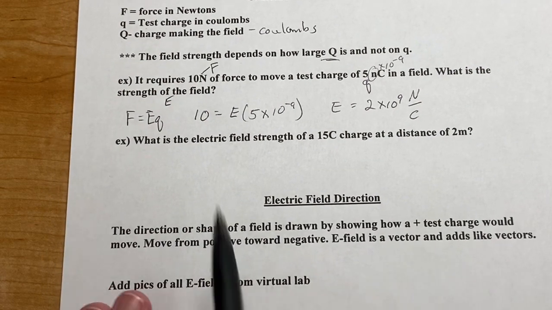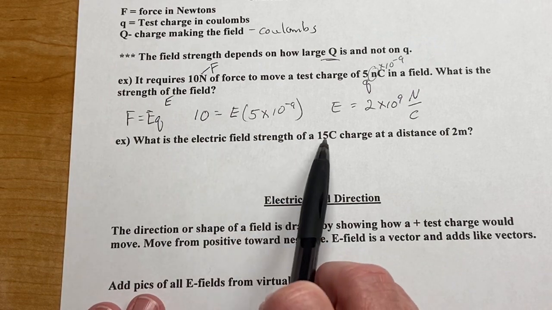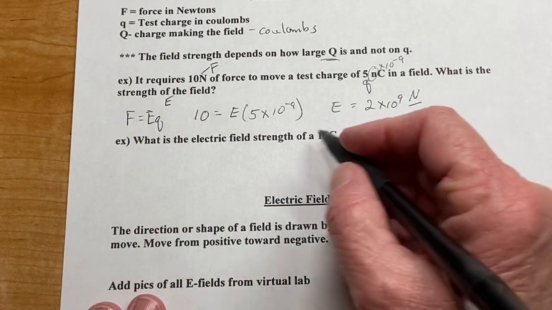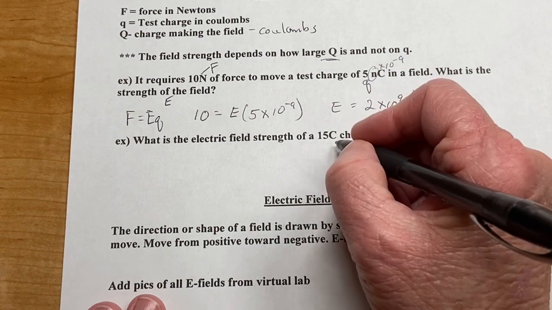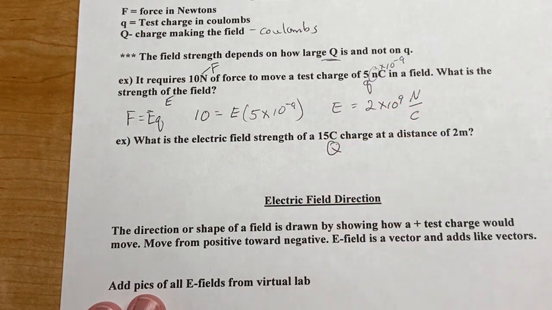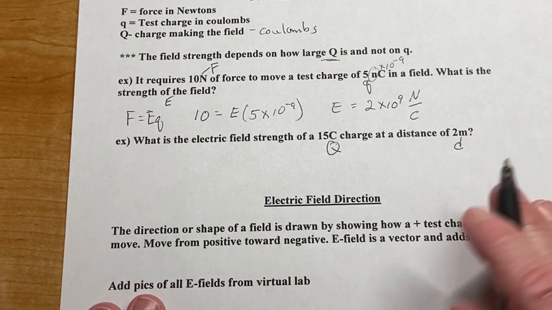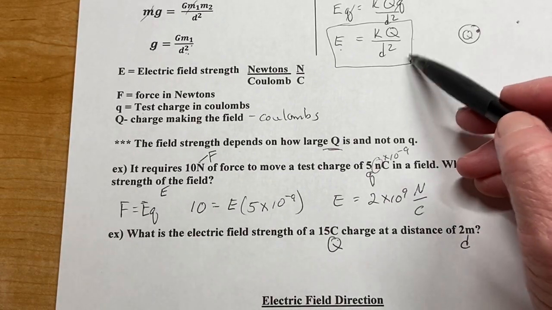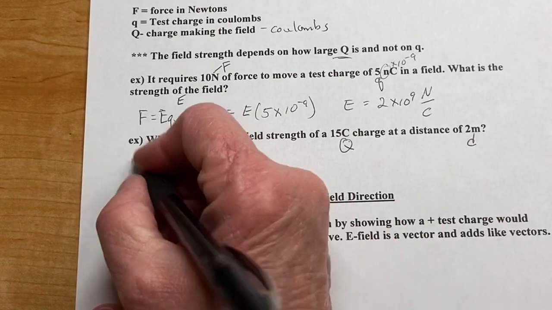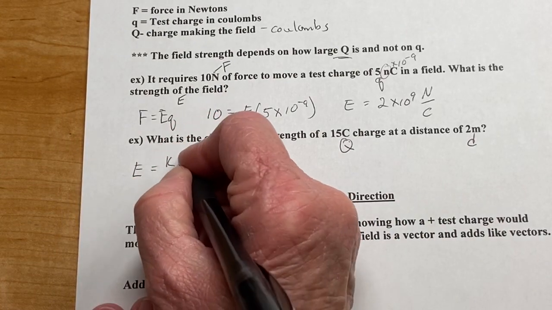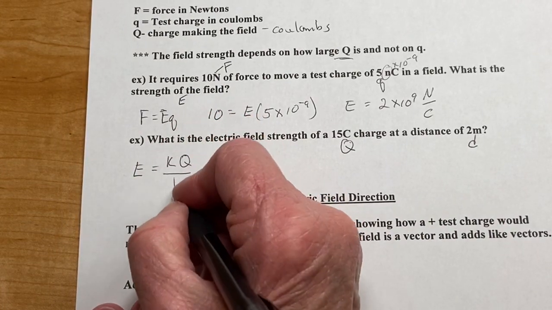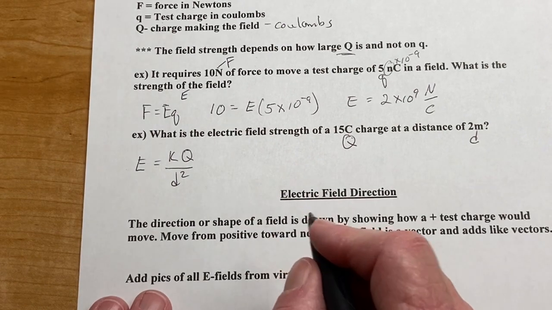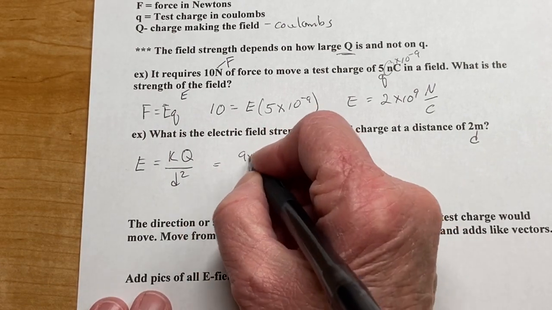Second example, what is the electric field strength of a 15 coulomb charge? So this is a positive, but it's also a big Q because it's not testing it, it's creating the field. And this is a D. So that means we're going to be using this formula for the electric field strength. So we're going to use E equals, and it's the same K as in Coulomb's law. All right, so 9 times 10 to the 9th,